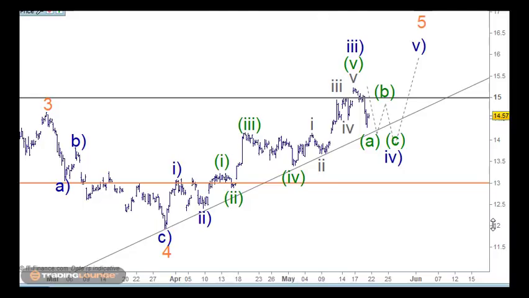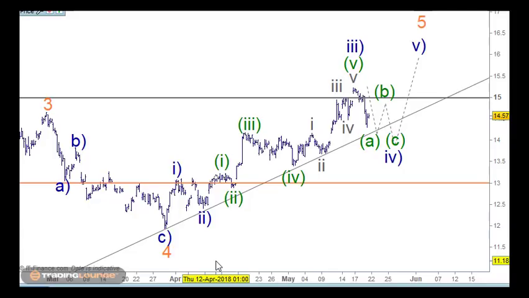We'll also look at BHP, which has a similar count, and we'll also look at RIO. The reason for looking at VALE is because the wave structure as it moves up is much easier to read than BHP and RIO, which have gapping in them, and it's very hard to count some of the wave structures in there. So we've used this one as a bit of a guide stick, and I just want to go over this and the BHP, and also have a look at the bigger picture.